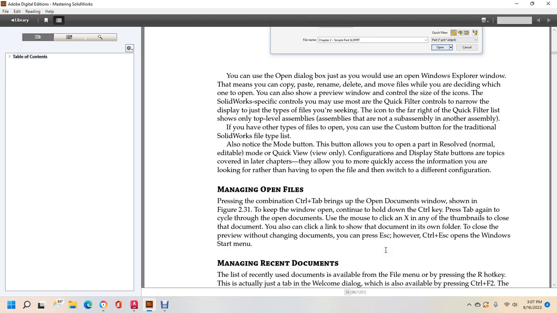Managing open files professionally: the combination of Control and Tab brings up the open documents window shown in figure 2-31. To keep the window open and continue, hold down the Control key. Press Tab again to cycle through the open documents. You can click the X